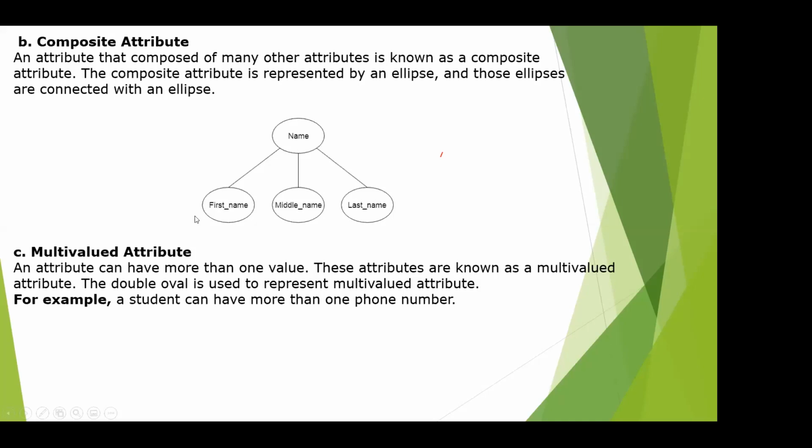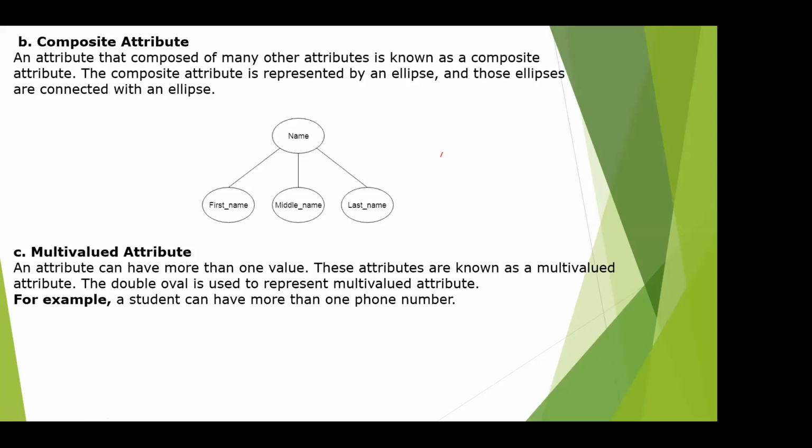We combine the three subdivisions to get the complete name. An attribute that is composed of many other attributes is known as a composite attribute. Example: name, with first name, middle name, last name.